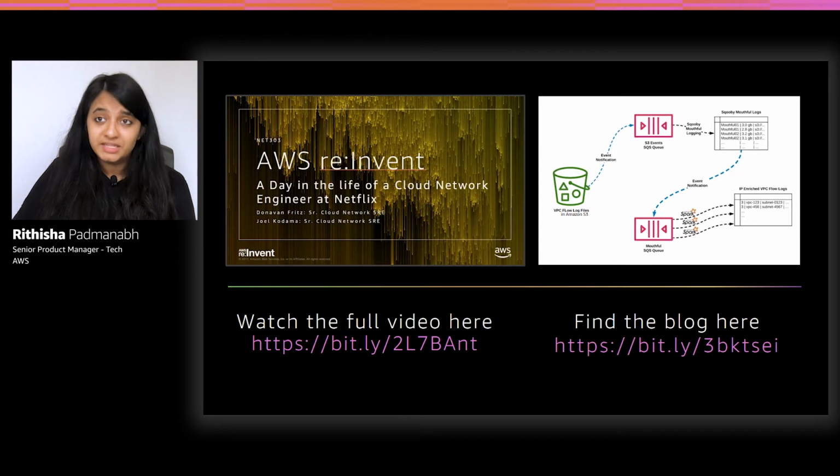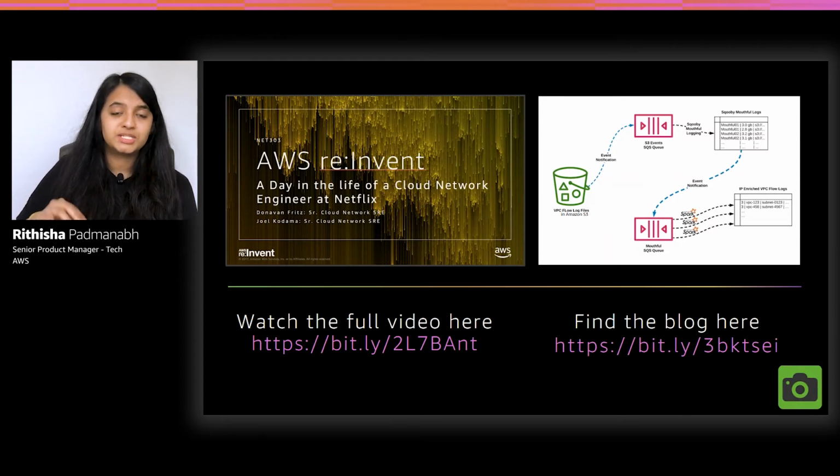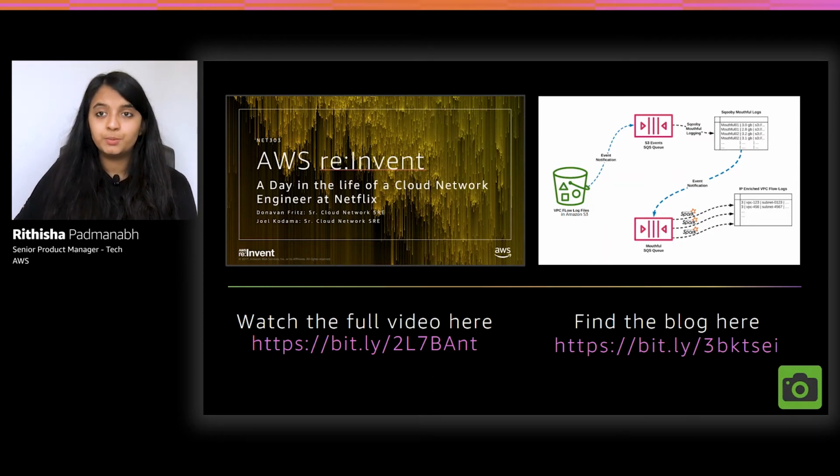By the way, here's a real example of how you can use flow logs. One of our customers, Netflix, has actually written this blog about how they use flow logs in an extremely scalable manner. I would highly recommend taking a look at this. They explain how they use flow logs delivered to S3 in conjunction with their application metadata to build a complete application dependency matrix.